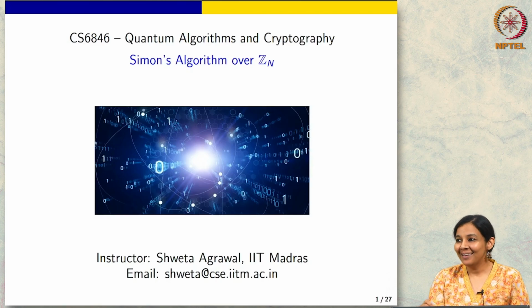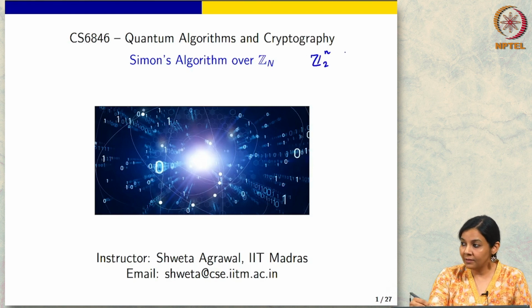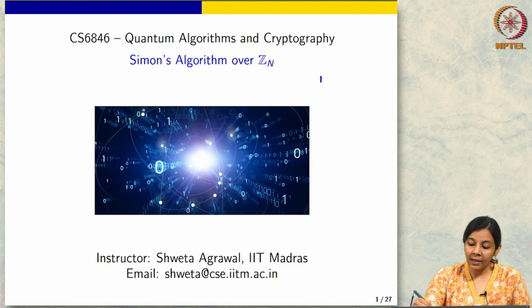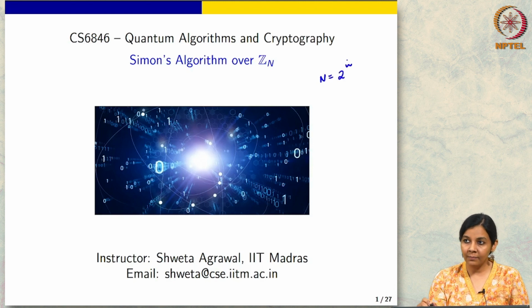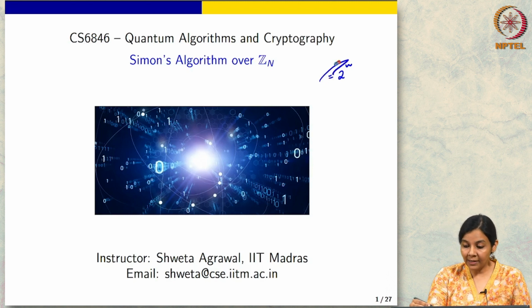So, the plan for this week is to look at the generalization of the quantum Fourier transform for Zn. So far, remember, we have seen this for Z2 to the n. Now we will see how to generalize this idea to a different space, Zn with capital N. In general, we will think of N as 2 to the small n for some small n. And we will see that once we generalize the quantum Fourier transform to this new space,